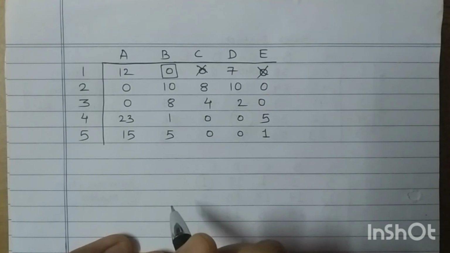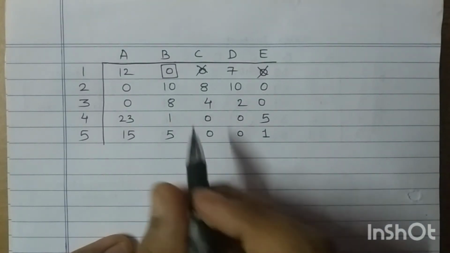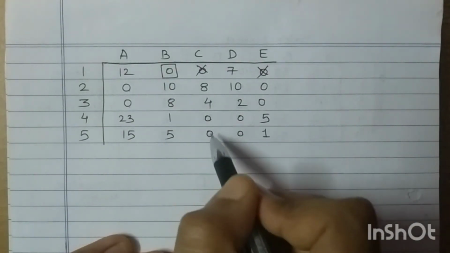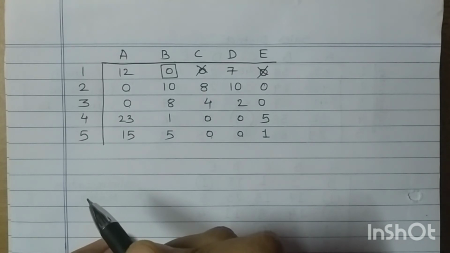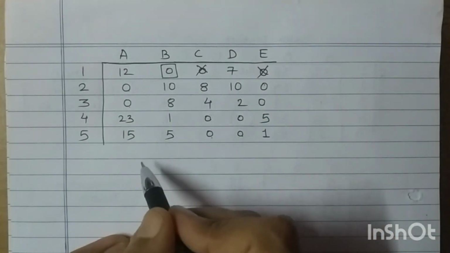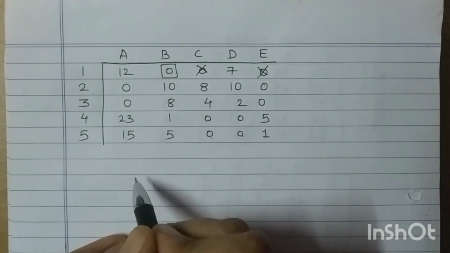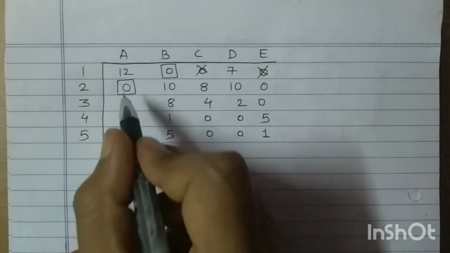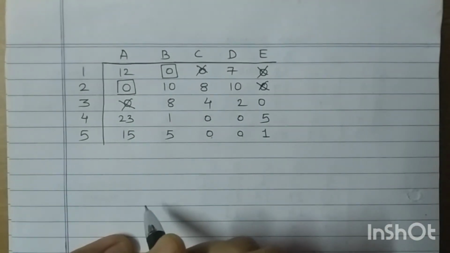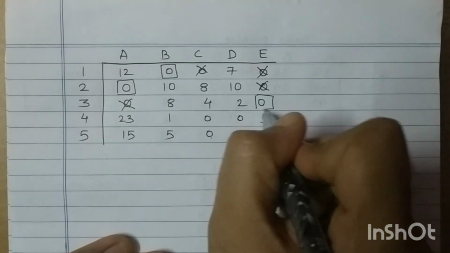Again, I will search for alone zeros. Now I cannot find an alone zero because here there are two zeros in each row and column. So again, this problem will lead us to multiple solutions. So 4-5 solutions definitely will be there. In such cases, as we cannot find an alone zero, randomly select a zero. This zero is randomly selected. So along with the row and column, the zeros are deleted.